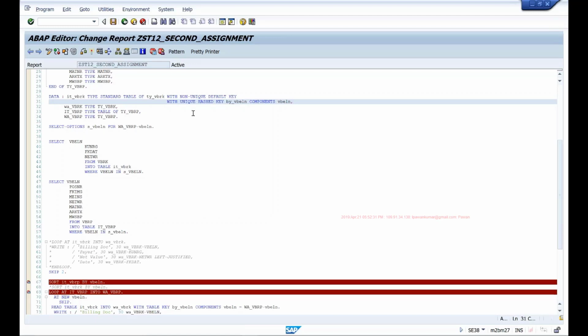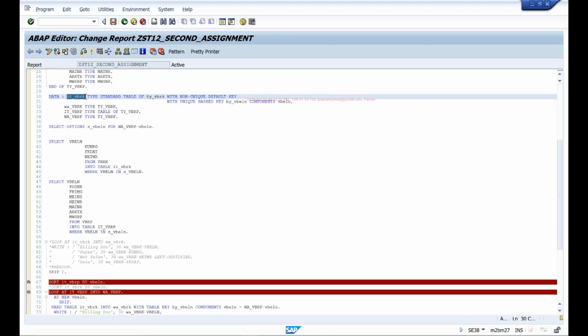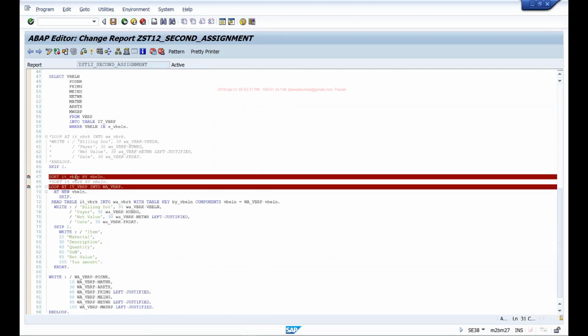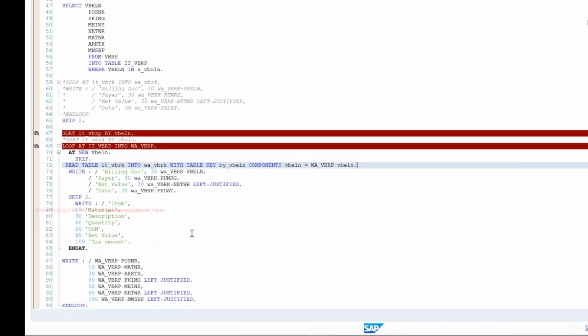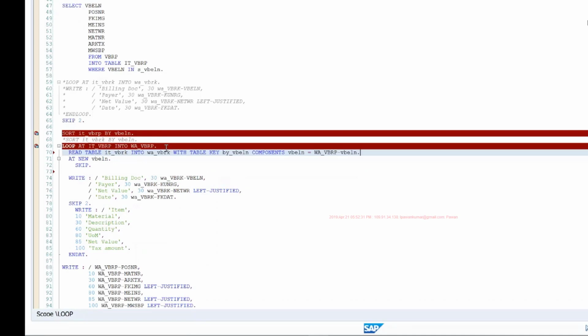General rule is, if this table is getting updated very frequently, if you're changing this data a lot of times, then avoid using more keys because that adds to the cost of maintaining the tables. But if this table is not getting updated frequently, then you can have the keys. Okay. So this is another way of doing it. So I'm writing the read statement. Now we are using the at new control break statement to identify that we are processing a new document and accordingly read this header table and print the data. Some people also do this. Some people I've seen when I review their assignments, they'll keep this read outside the at new block. That will also work.